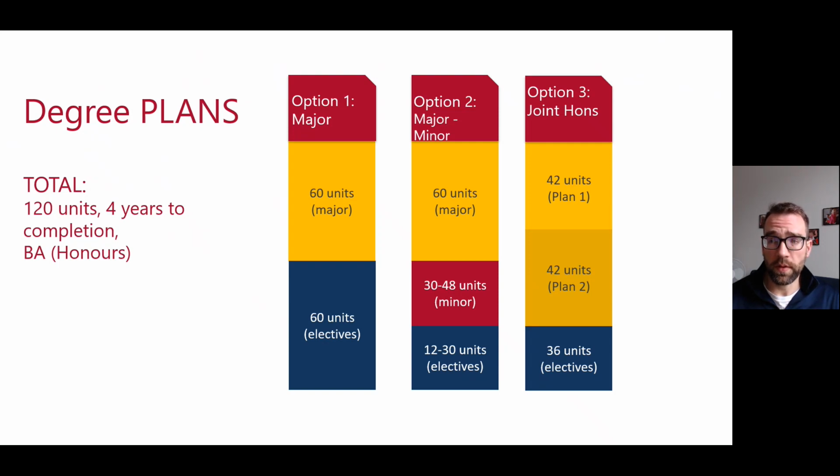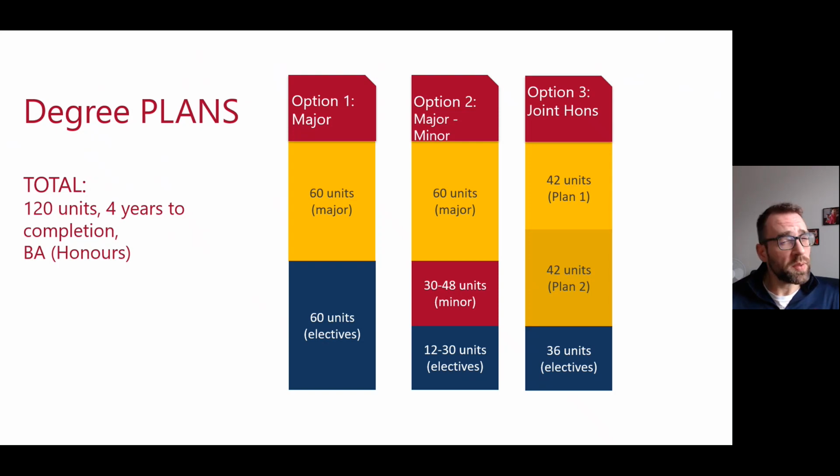So this chart shows the common degree combinations that most students in a Bachelor of Arts honors program choose to pursue. A BAH program normally takes 4 years to complete, though there is no time limit. Students must complete a total of 120 units, and when we talk about units, it refers to the weighting of the course. The vast majority of one term only, the half-year courses, are 3 units, and full-year courses are 6. So, for example, if you took 5 courses in the fall and 5 in the winter, then you're taking 30 units this year. 30 times 4 is, of course, 120, so that's where we come up with the 120 unit